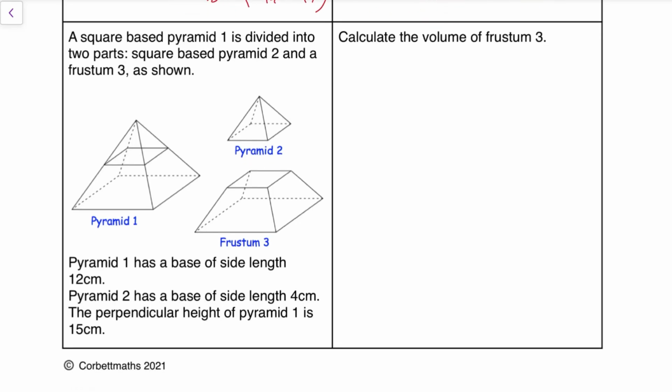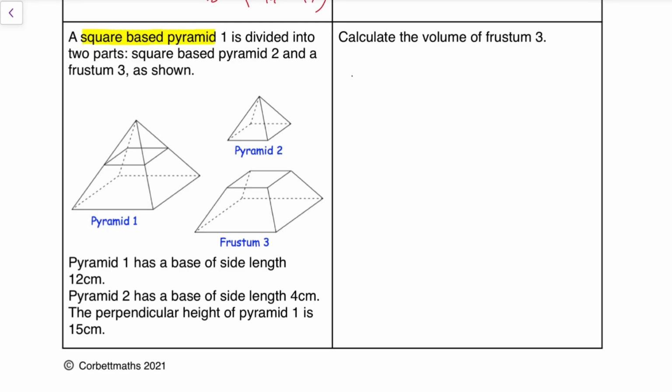Right, final question. Now, I have said this is the one I dreaded, but actually this probably isn't going to be too bad, is it? The reason it's not too bad is because firstly, it's not a cylinder, and secondly, it is a square base pyramid. So all I need to think about is, well, let's read it through first. So square base pyramid, take the top bit off, I'm left with a bit down the bottom, and it's basically saying calculate the volume of the bit down the bottom. And my process is to calculate the two pyramids, take them away from each other,